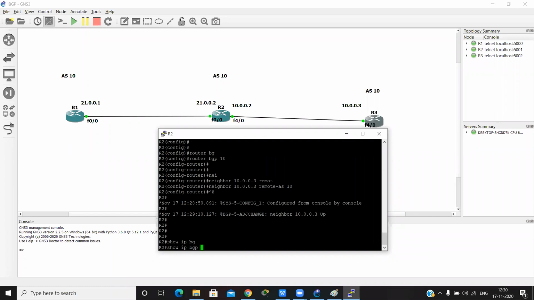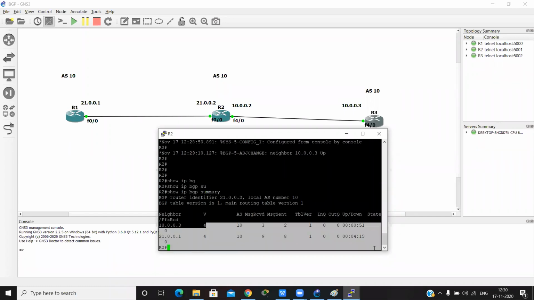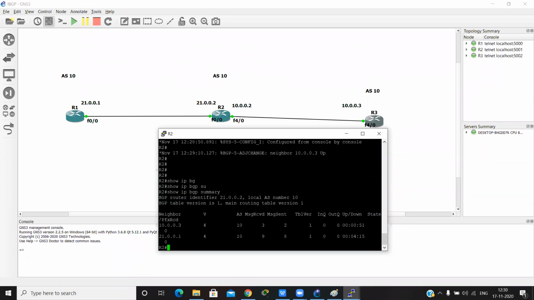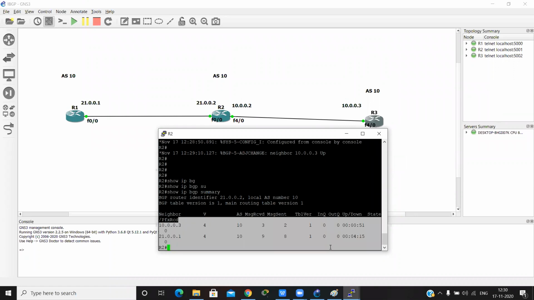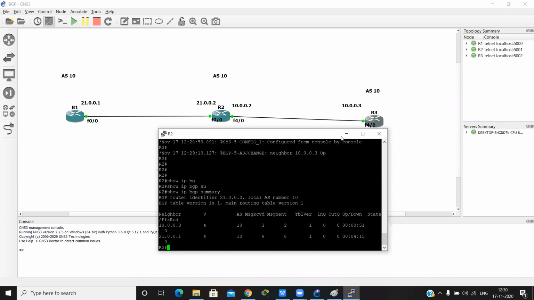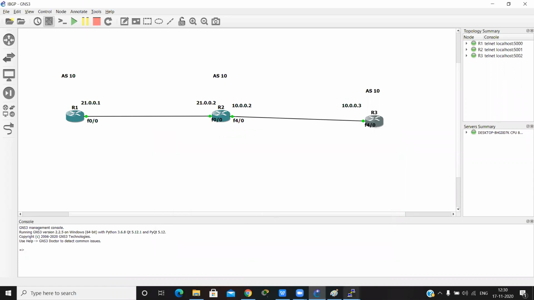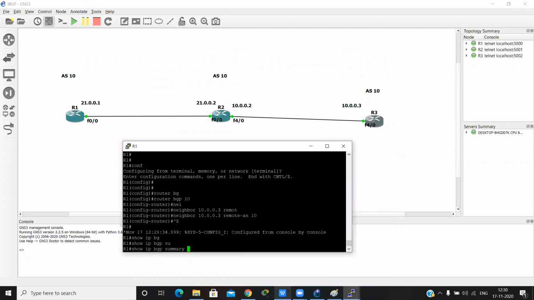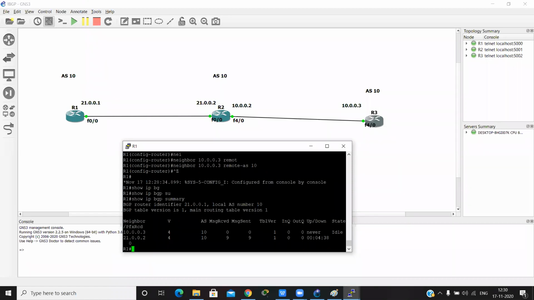So show IP BGP summary. Right, this command shows the BGP summary, which BGP neighbors there are. When we check show IP BGP summary, router 3's neighborship is in idle state, but router 2 is our neighbor. So where is the problem?